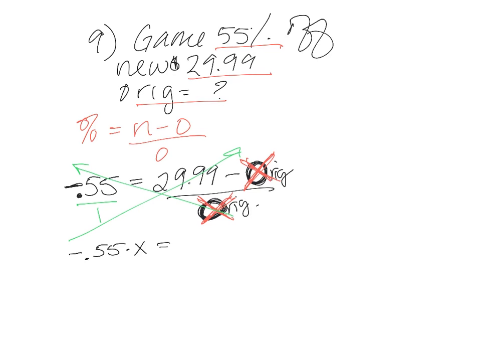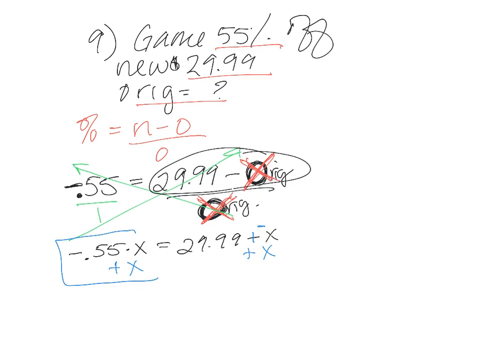And then 1 times all of this stuff is 29.99 minus x. Okay, well, I've got these x's now, and I've got to combine my like terms. So I need to add an x to both sides. And so I have a negative 0.55x and a 1x. And when you add those together, you end up with